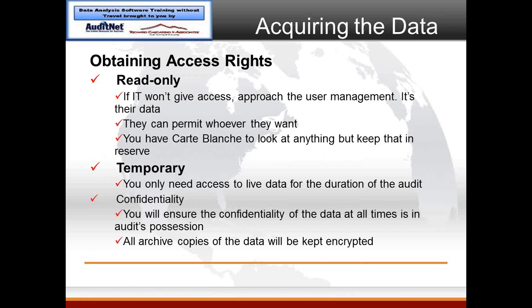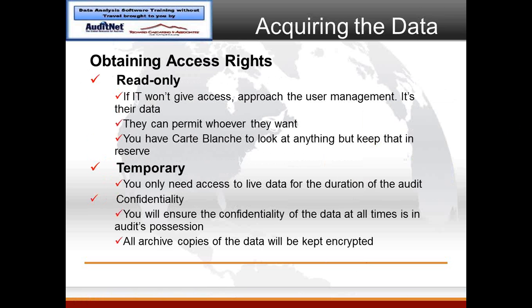Remember, your access rights to these data files are temporary. You only need access to live data for the duration of the audit, long enough to copy down what you need. You do not have a carte blanche to say, anytime I feel like it, I can look at everybody's pay. You can do that when you're auditing the payroll. If you're not auditing the payroll, you don't have access to it.